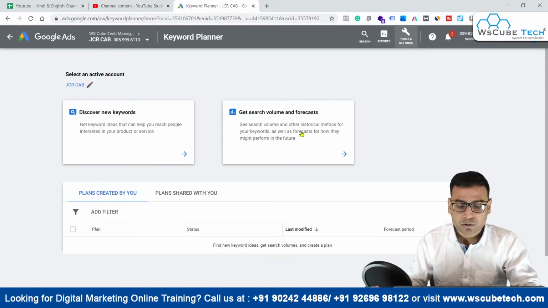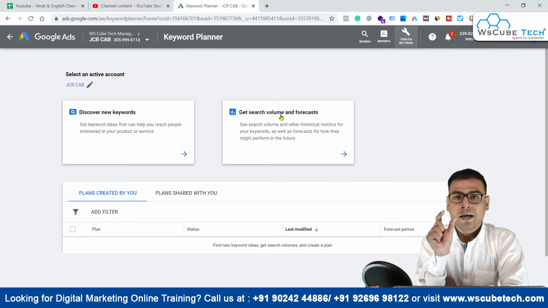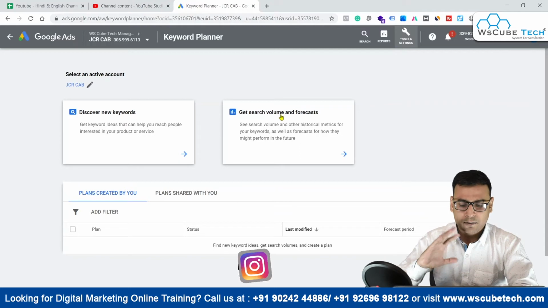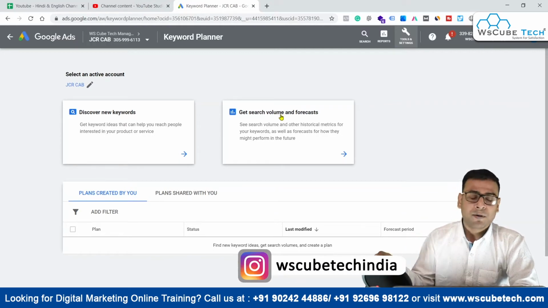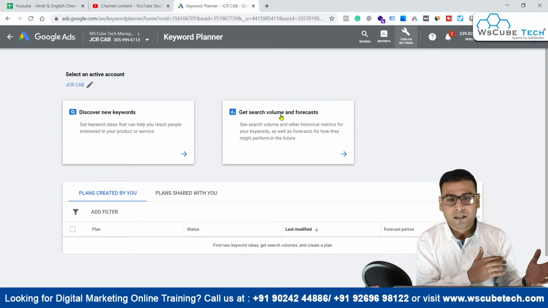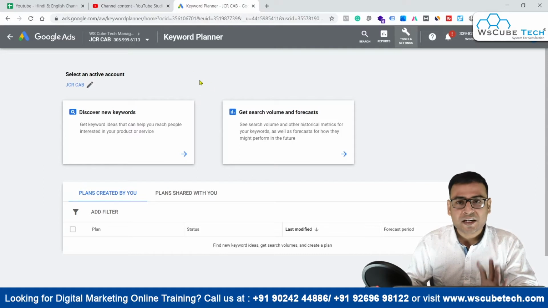It is never sure how a keyword will perform in the future, so it will basically give you an idea of how it was performing in the past, fine. So there are two options: discover new keywords, and get search volume and forecast.